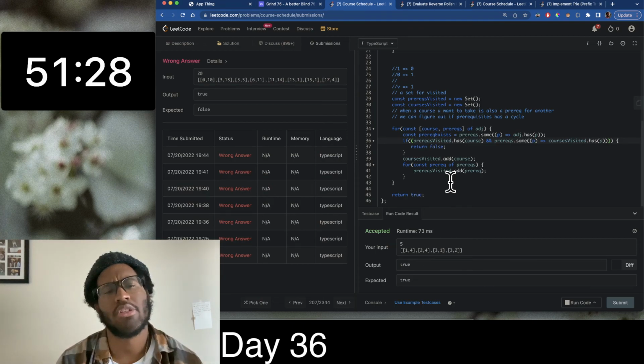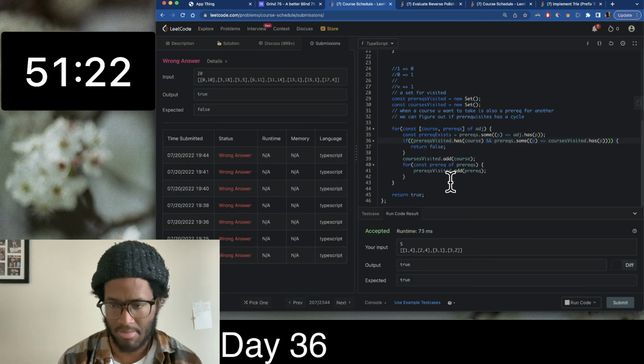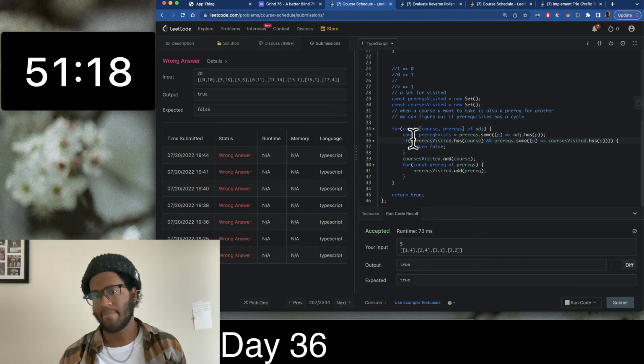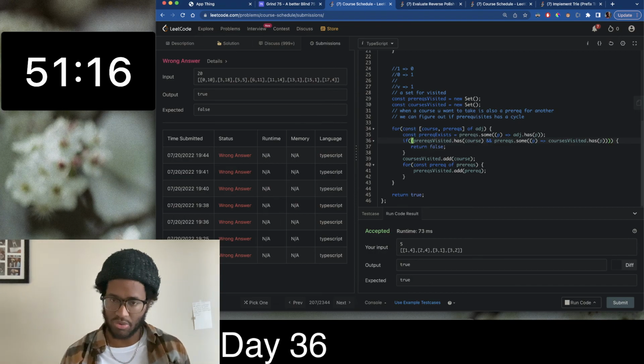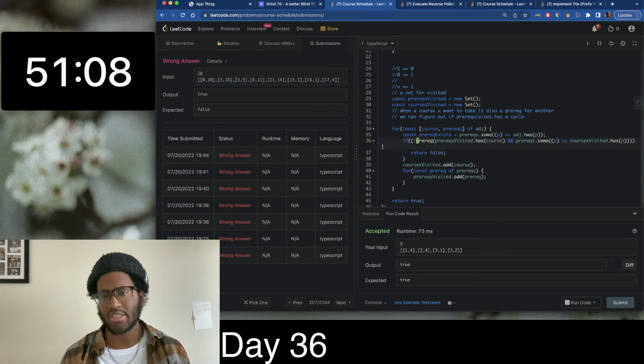But we are expected to return false here. So we would do if prereq, maybe the case is if prereq doesn't exist